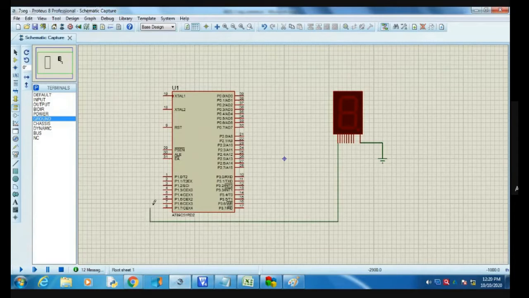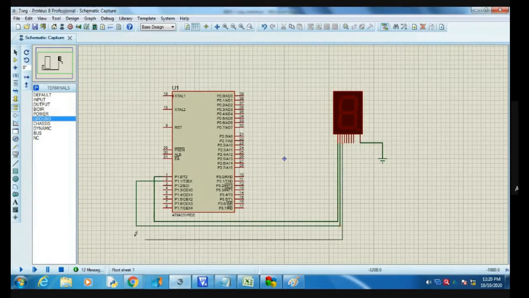Make sure we do not short anything. I'm going to connect all the terminals.